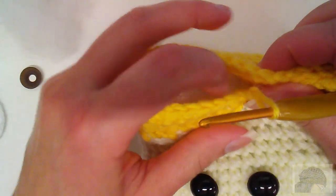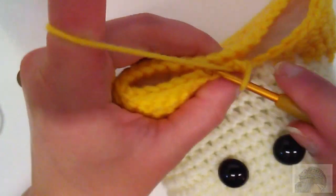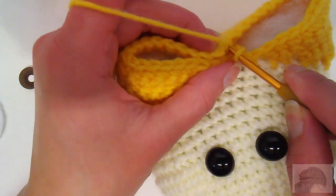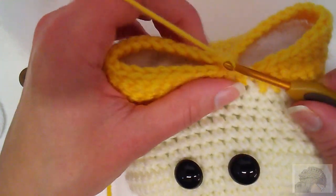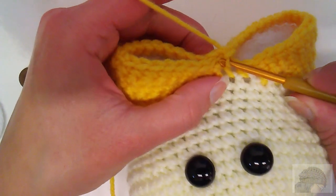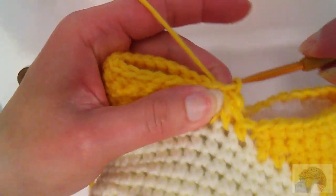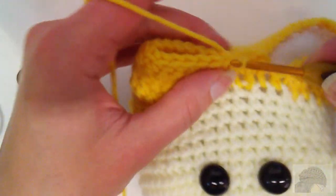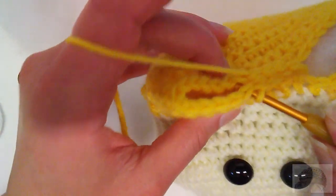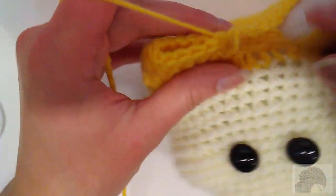So what I'm going to do now is I'm just going to pinch it closed and try to find the middle. I'm just going to eyeball mine, but if you feel more comfortable, you can go ahead and count your stitches and just make sure it's even on either side. You want to push your yarn back behind the needle, and then you're going to go ahead and slip stitch it across, and then you're just going to go through one stitch on either side so that you're going through both sides of the fabric and making sure you're slip stitching through both sides to close it up. Just match up those stitches, go through the front and the back of the stitches,